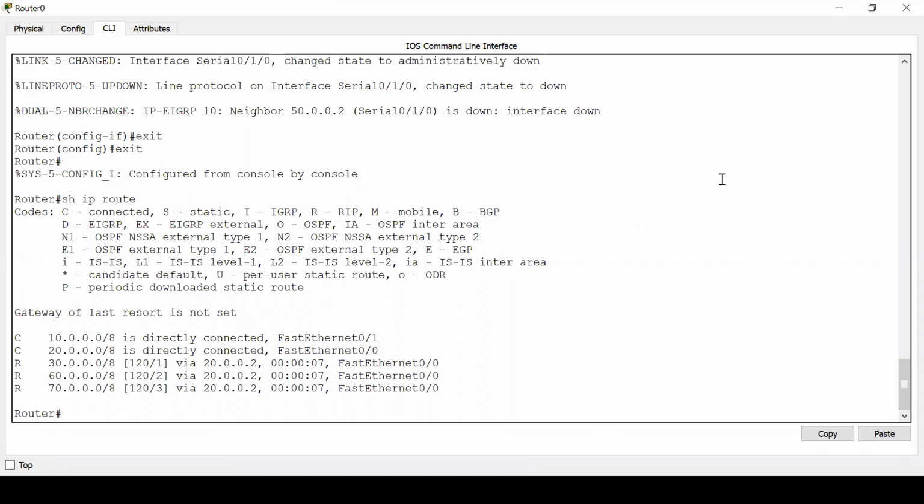So today we have seen EIGRP and RIP V2 on the same network, as well as the EIGRP-only topology, and how to calculate the cost with the help of an example. I have explained how to calculate the cost in the case of the EIGRP protocol. Then we have completed TCP bus, that is the solution, and there we have completed the fifth unit, that is TCP bus. Right. So in the next lecture, we'll see